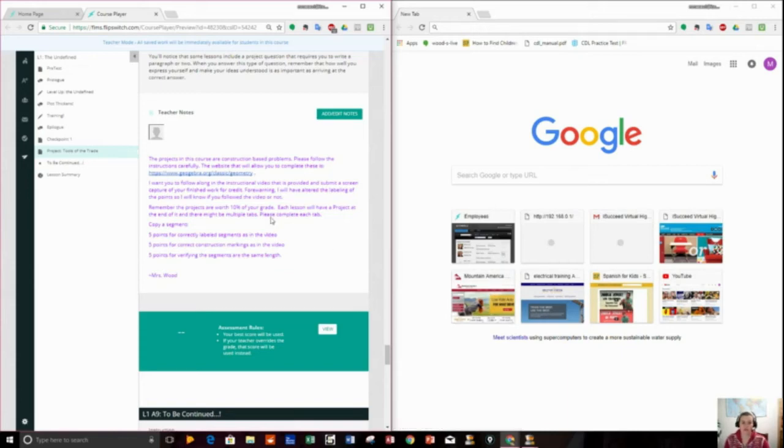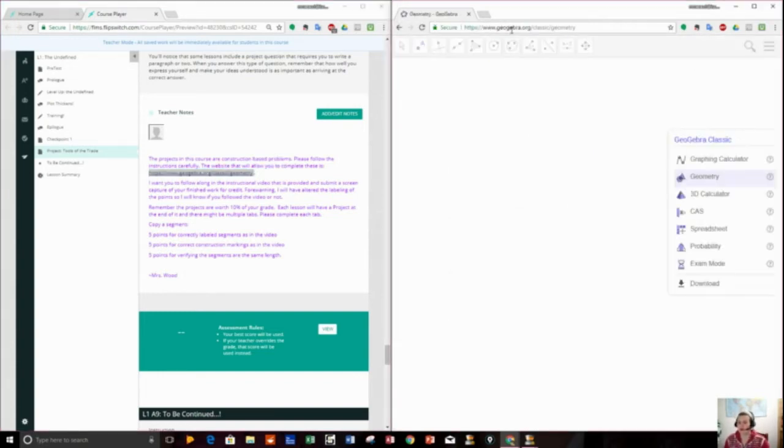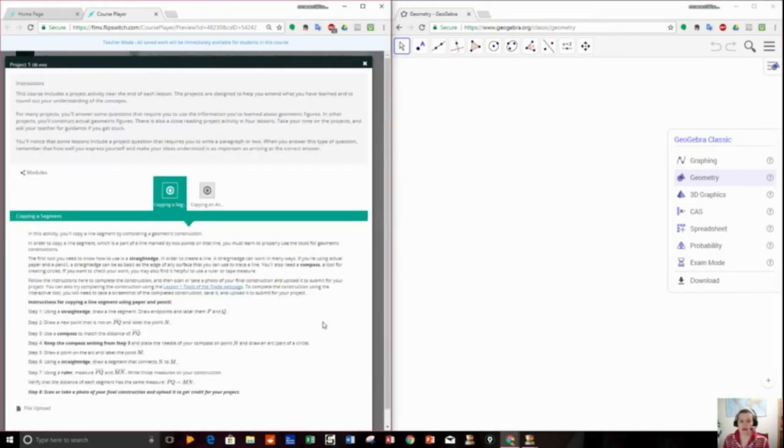Okay, lesson one project. So the first thing I want you to do is to click on the link for the GeoGebra, or you can highlight it and copy and open it up. So this is what it will look like, and now we're going to see what it has to offer. So the first thing that I notice is that it says copying a segment, so that's what we're going to be doing with the